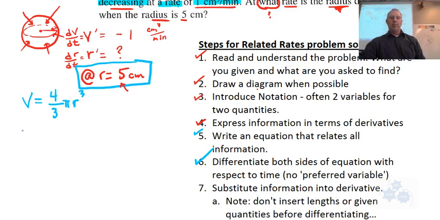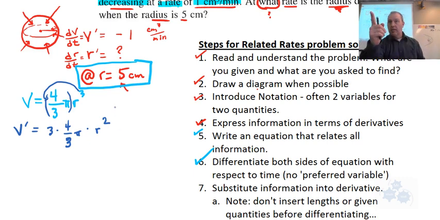So now we differentiate. What's the derivative of v with respect to time? V prime. What's the derivative of 4/3 pi r cubed? Well, if you notice, this is a constant, 4/3 pi. Pi is not a variable, it's a constant. So we're going to do 3. This is going to come down and multiply by the constant that we already have. And then this is going to be r squared. And because we've taken the derivative of the right side with respect to time,